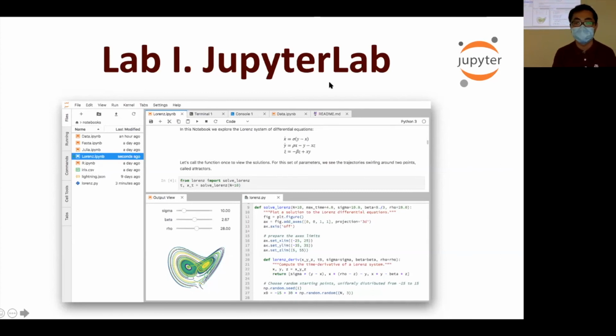So this is the Jupyter Lab, and this is its interface. You can see it has a modular structure. On the top is a menu bar where you can click File, Edit, View, Run. You can also run the code cells and text cells in your Jupyter Notebook. On the left side panel is a file browser, where you can see some files.